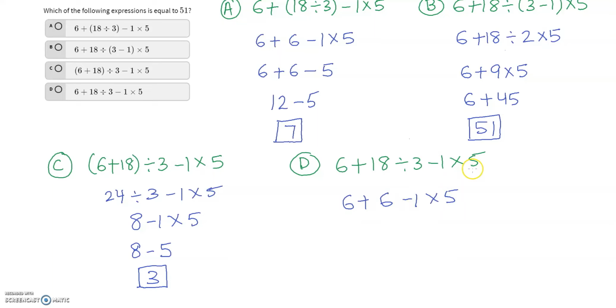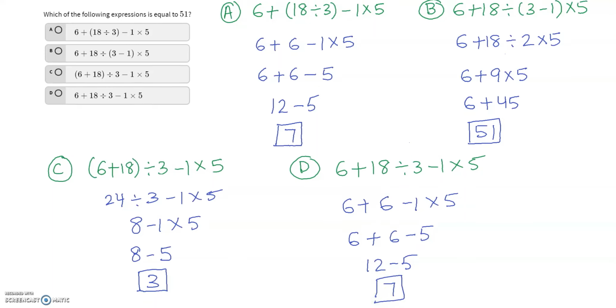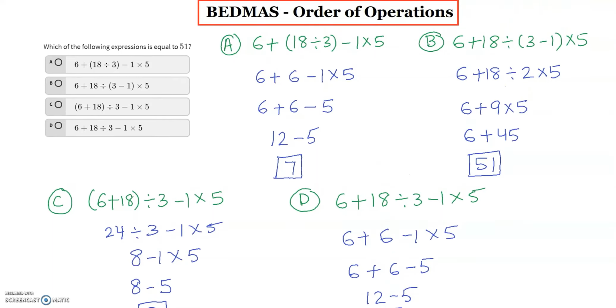Then I will do the multiplication. 1 times 5 is 5. Now I have adding and subtracting, so I will go from left to right. 6 plus 6 will give me 12. Then I have minus 5. 12 minus 5 is 7. Therefore, we can tell option B is equal to 51. Therefore, the correct